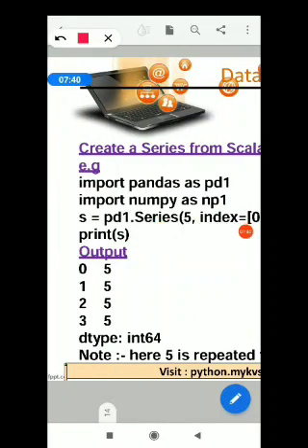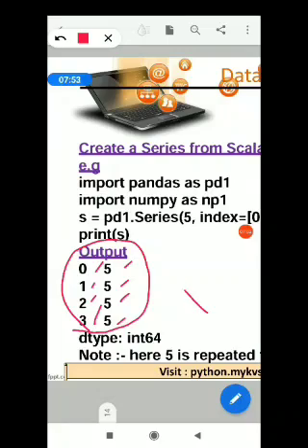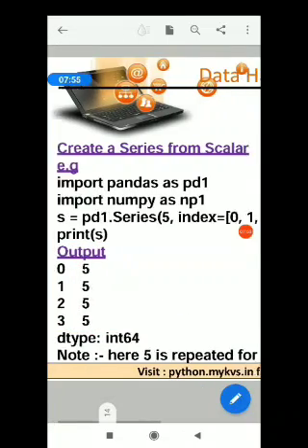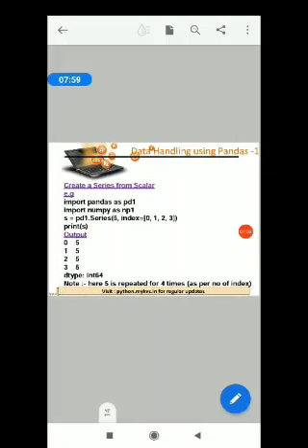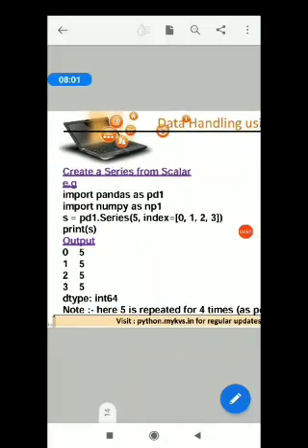If you can see, I am printing the series S. See the output: for all the index positions I have given the data 5. So here 5 is repeated 4 times as per the number of indexes. So please note down the whole program.